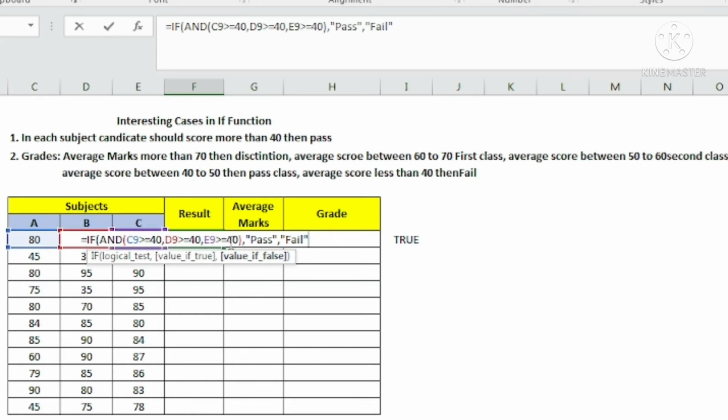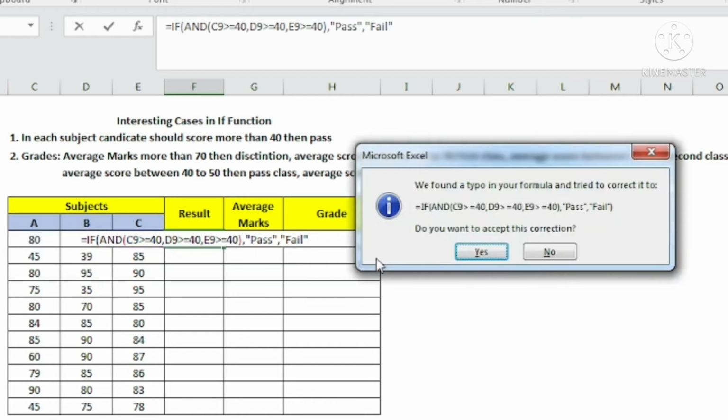Then it will complete my AND function, which is my logical test for the IF function. Then comma. Now if this AND function gives me a true result, I will get pass. Then comma, value false, that means if the AND function gives me false, I need to get fail as a result. Then I will enter here.